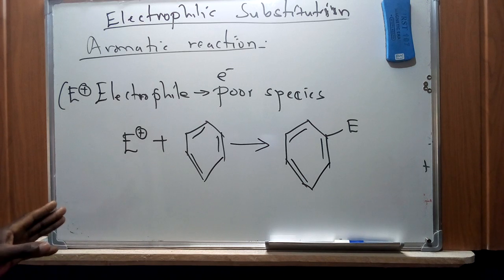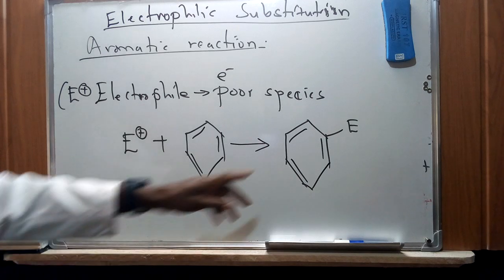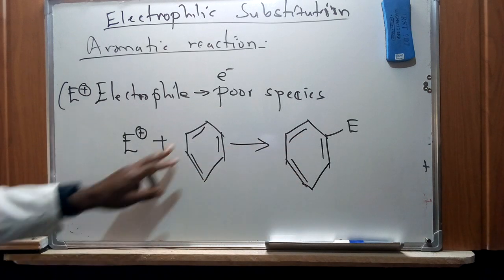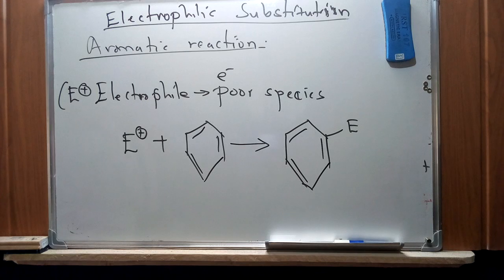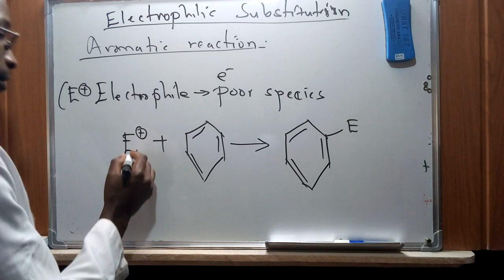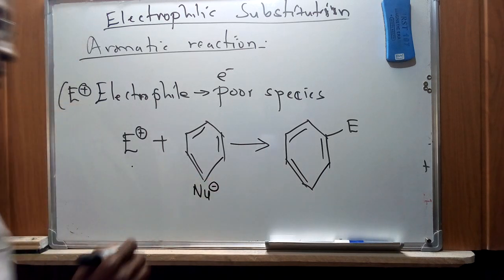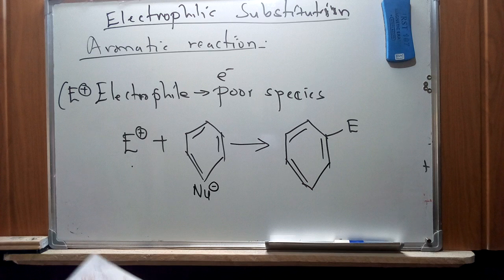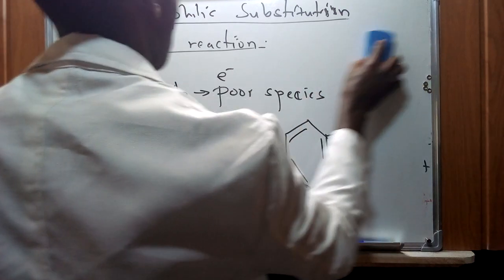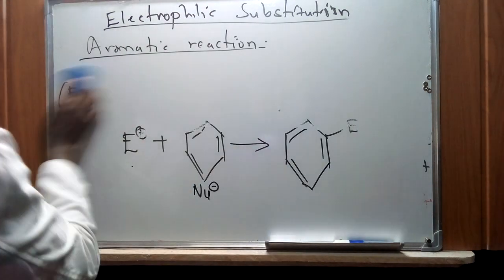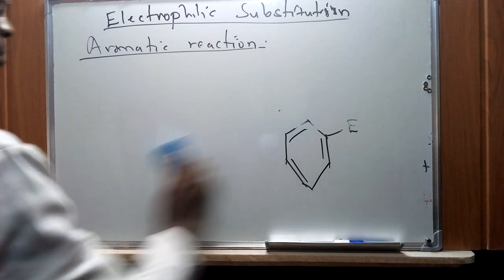So for the first case, there is a formation of a new sigma bond from the carbon-carbon double bond of the arene nucleophile. This one, as we have said, is known as an electrophile. This one is known as a nucleophile, and we're going to use that particular symbol to represent it. Now, of importance to us is that we are going to demonstrate using a mechanism of this electrophilic aromatic substitution reaction,